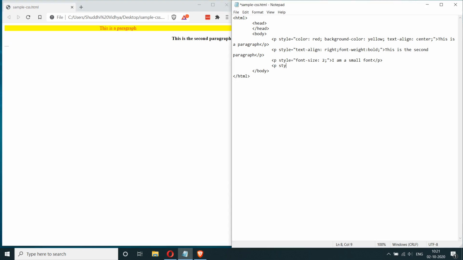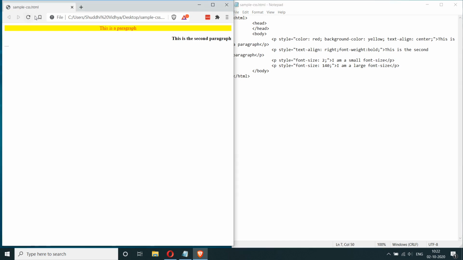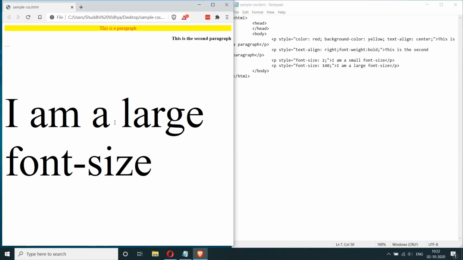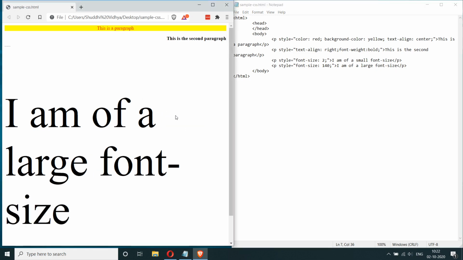And I'm also going to specify the font size to be really large here. Okay, so font size is done.